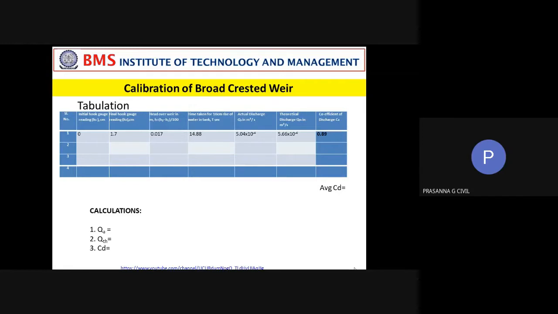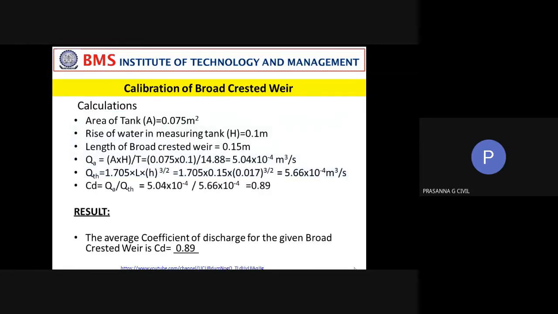So let us look at the calculations. Area of the collecting tank was 0.075 meter square. Rise of water was kept as 10 centimeters, so 0.1 meter. The length of the broad-crested weir was measured as 0.15 meters. Therefore, Q actual, A into H divided by T, was calculated as 5.04 into 10 raised to minus 4 meter cube per second, and Q theoretical was 1.705 into the length of the weir 0.15 meters into head over the weir